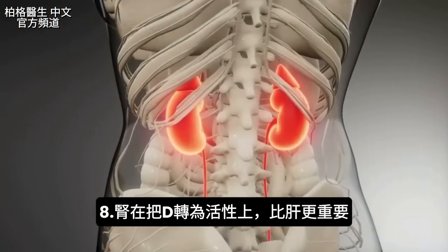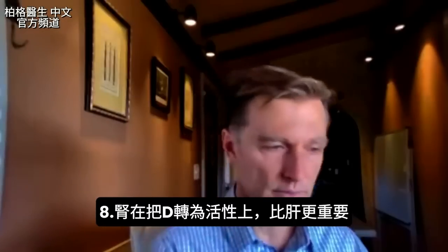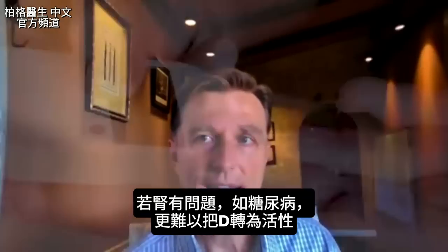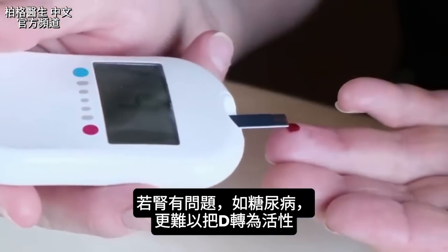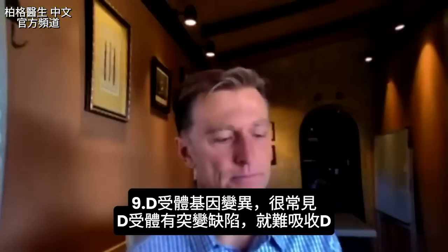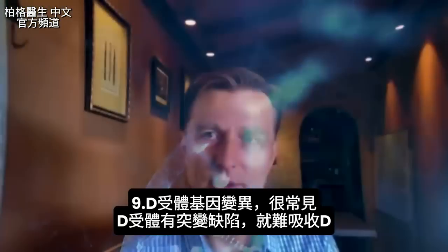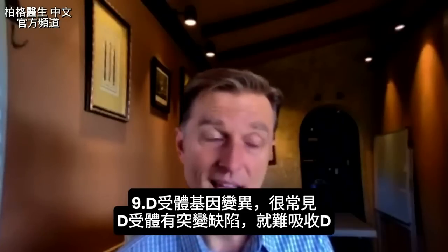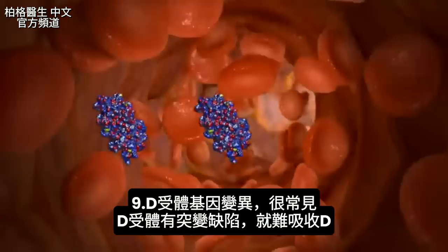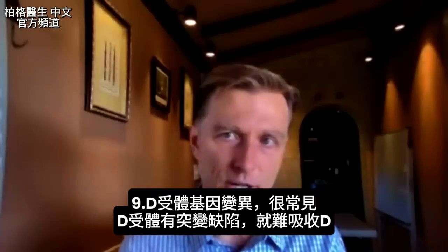Not to mention the kidney, since the kidney is even more important for the conversion into the active form of vitamin D than the liver. So if there's any kidney problems, let's say, for example, you're a diabetic, big problem in the conversion into the active form of vitamin D. There's also a topic of the vitamin D receptor, genetic defect out there. It's called a polymorphism for your vitamin D receptor, which actually is not that uncommon. If you have this kind of mutated defect in your vitamin D receptor, you may have a very difficult time